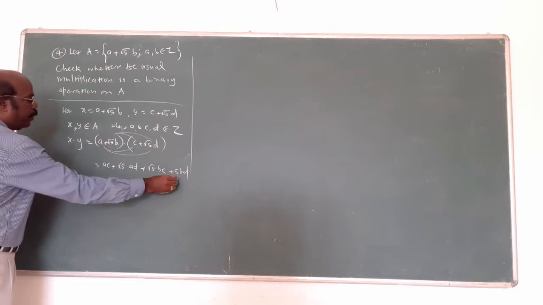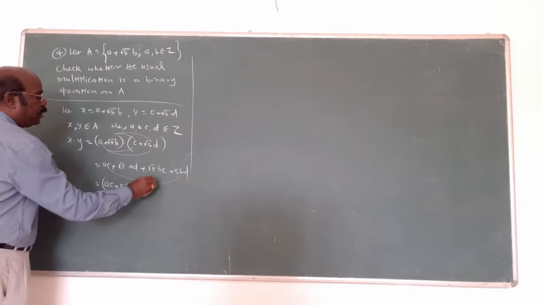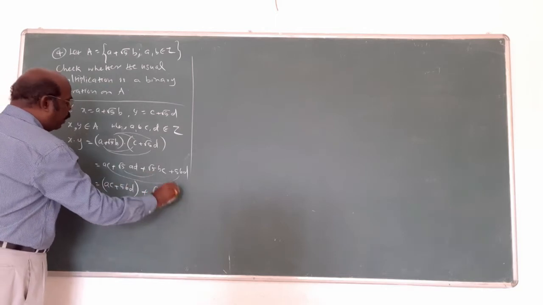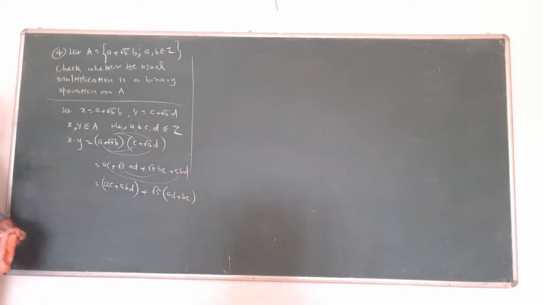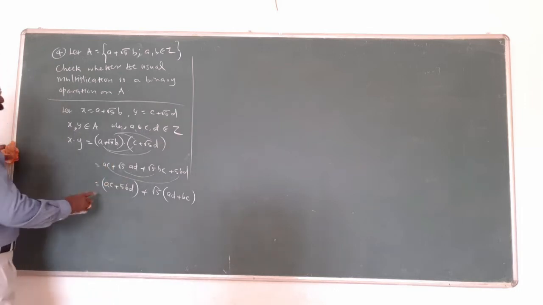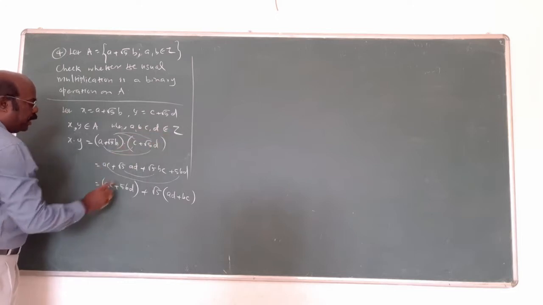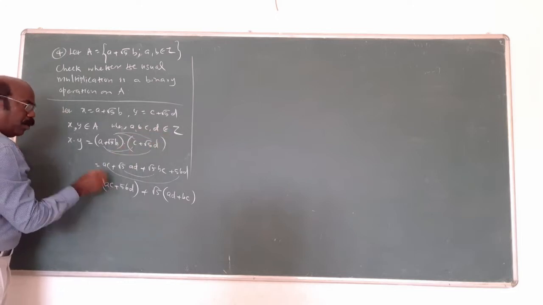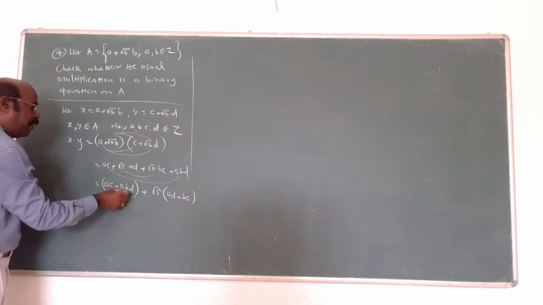Now you write this as ac plus 5bd plus, out of these two, root 5 is common: ad plus bc. Root 5 into root 5 is only 5, that's why 5bd. Now listen here: a integer, b integer, c integer, d integer. Now a integer, c integer, multiply both, 1 integer. b integer, d integer, multiply both with 5, integer.